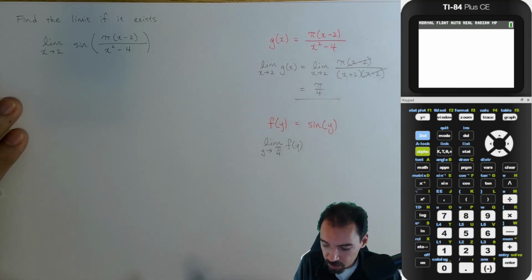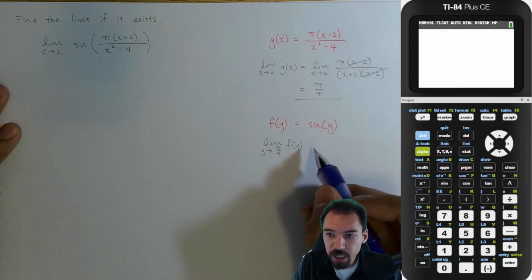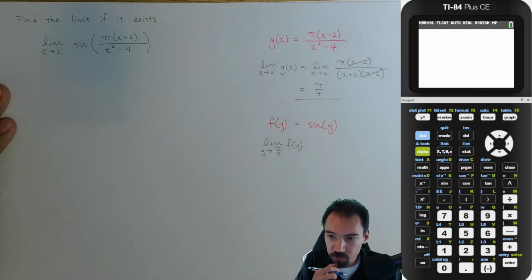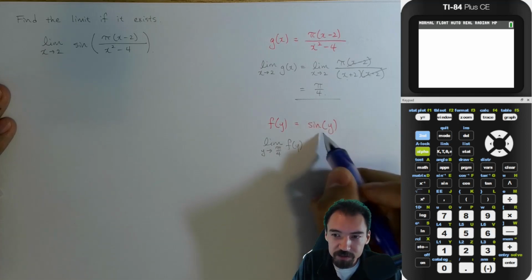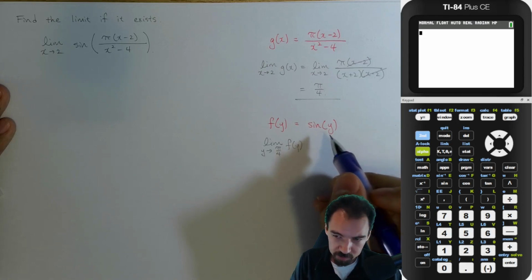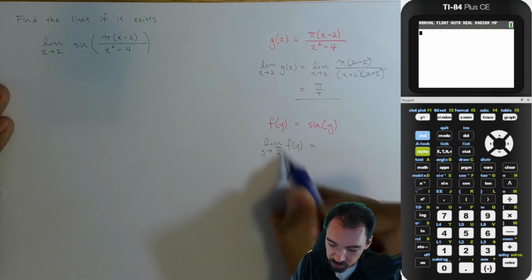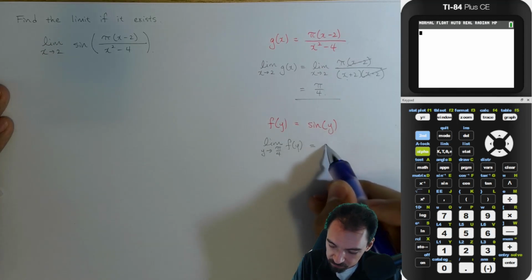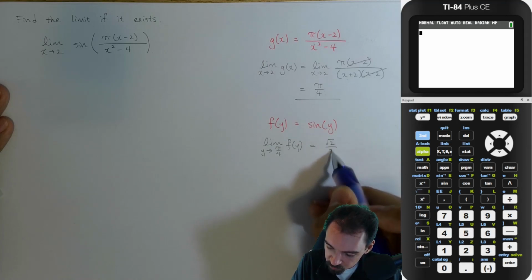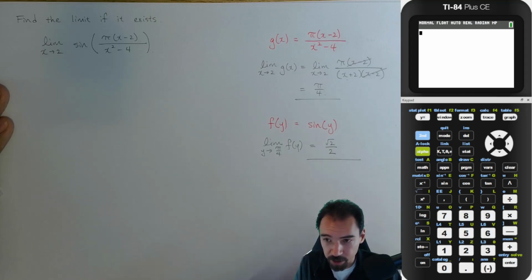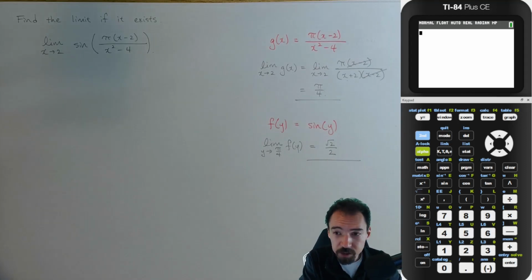that limit. Now, incidentally, we haven't together shown or really discussed the continuity of sine, but I'm just going to go ahead and assert here, trust me for a moment, that sine is continuous everywhere. Which means I can just take pi over 4 and plug it into sine. And sine of pi over 4 is simply root 2 over 2. Okay, so this is the capital L. So the argument now is,